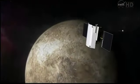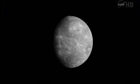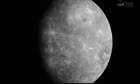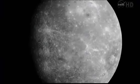Once Messenger gets into Mercury's orbit, the science team can start collecting data about the smallest and least studied terrestrial planet in our solar system. Questions about its core, magnetic field, and density, among other things, will finally be answered. Just how does a spacecraft survive the...